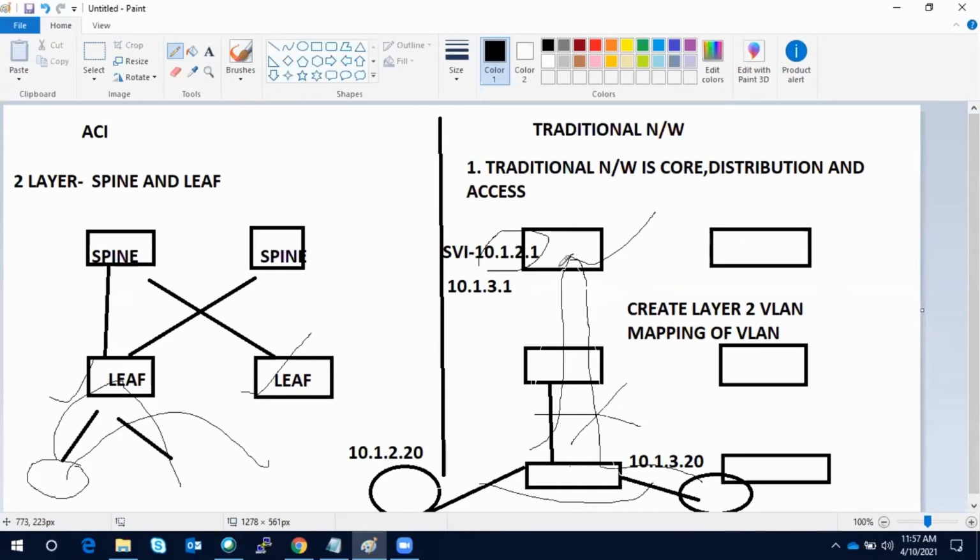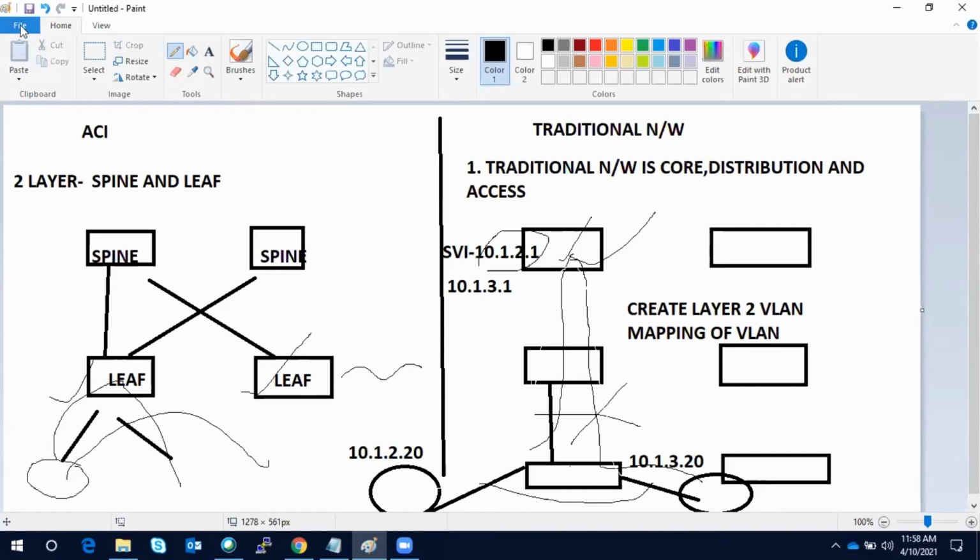So here you can see the gateway was tied. Even if you are using a router and you go to the interface Gig 0/0, IP address 10.1.2.1, subnet mask /24, that 10.1.2.1 entity is tied to that interface, tied to that router. That is a challenge when you want to do a vMotion, that is, when you want to migrate the server from one point to another. Here, the gateway is no more tied to any of the leaf switches. Even if it is 100 of the switches, it is available across the 100 switches. So that is one of the major challenges.